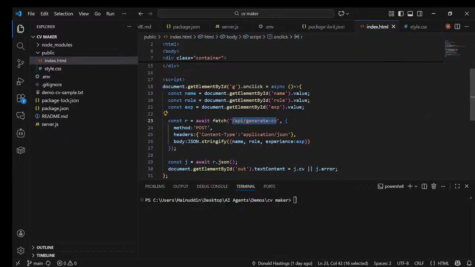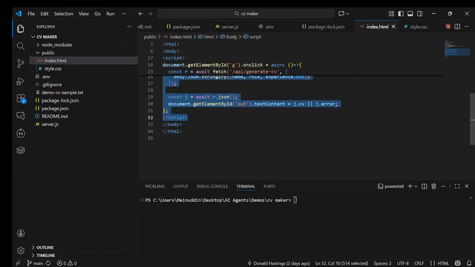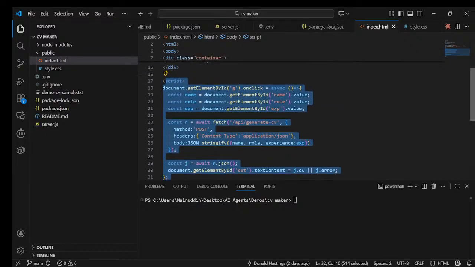So this is our JavaScript, this block here. What it's doing is, as I was saying, when we click the generate CV button, the JavaScript will collect the input values and then send a post request